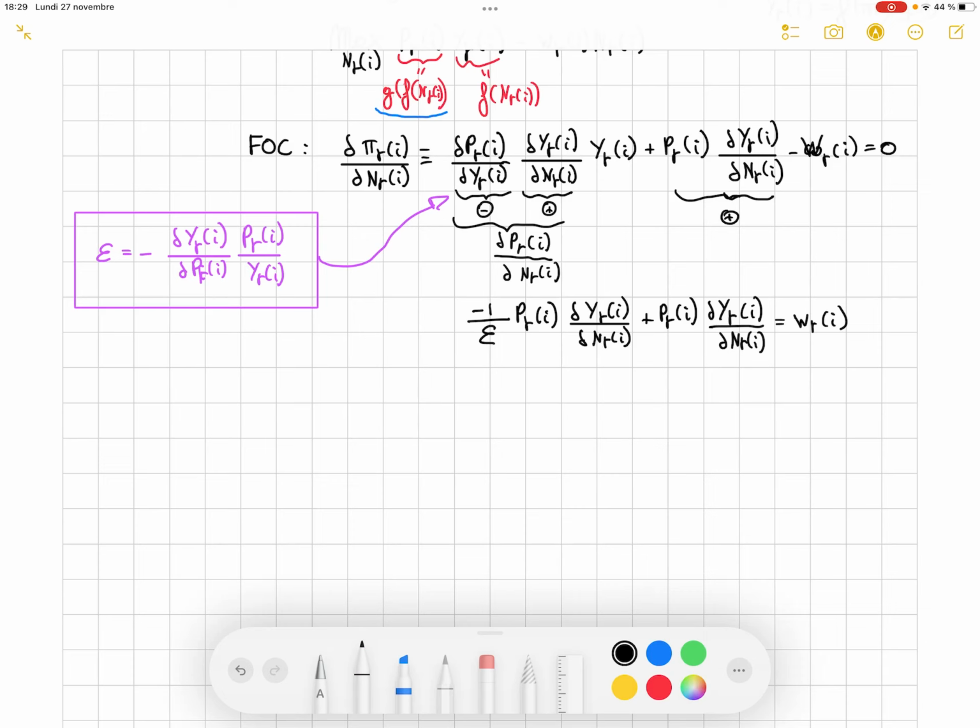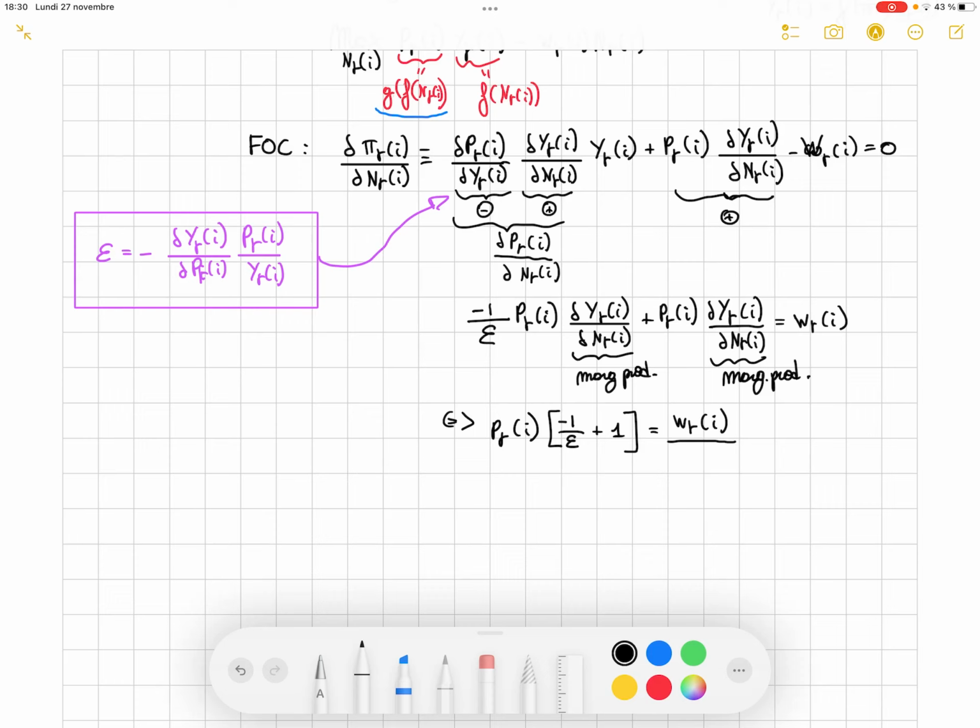And so what we obtain at the end from this is that if you consider this basically as the marginal productivity, as it is how the production increases if we add one more unit of labor, well, at the end you just get that the price of the variety multiplied by -1 divided by the elasticity of substitution plus 1 must be equal to the wage divided by the marginal productivity, that is this derivative of epsilon_ti with respect to the derivative of n_ti, right?